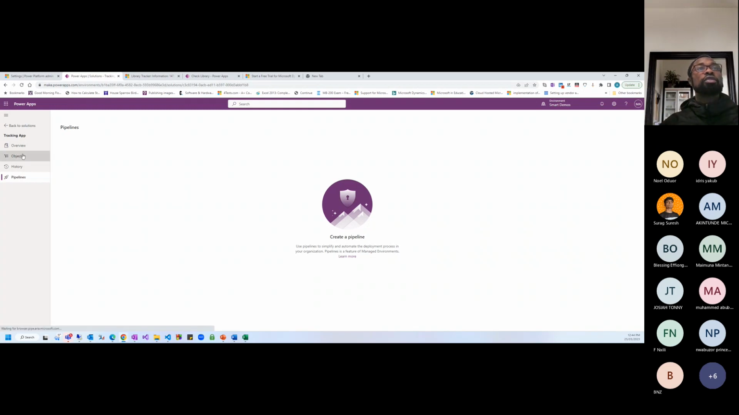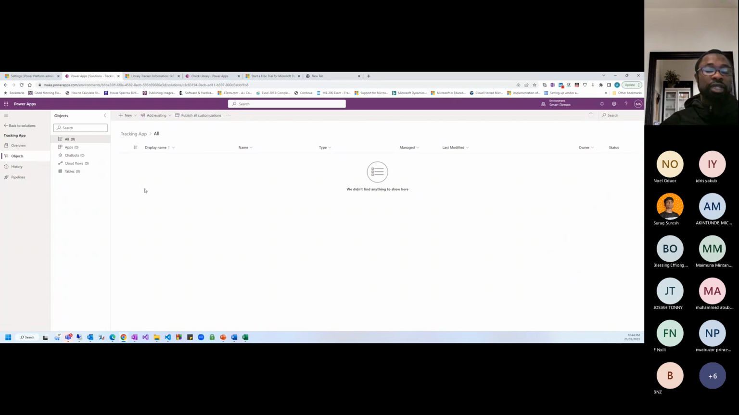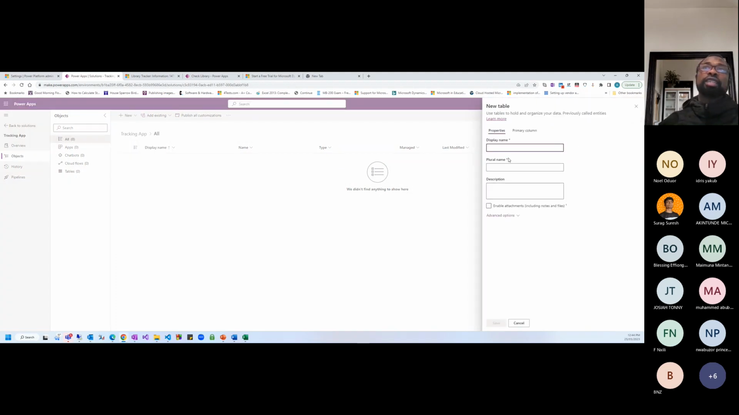Now, if we want to start creating our objects from here, the first thing we'd like to create is a table, right? We're going to create a table, and here we're going to say, okay, let's say scenario, depending on the kind of scenario. So here I'm just creating generically, not that I'm specific. Okay, let me say we will say our tracking application, right? Let's say